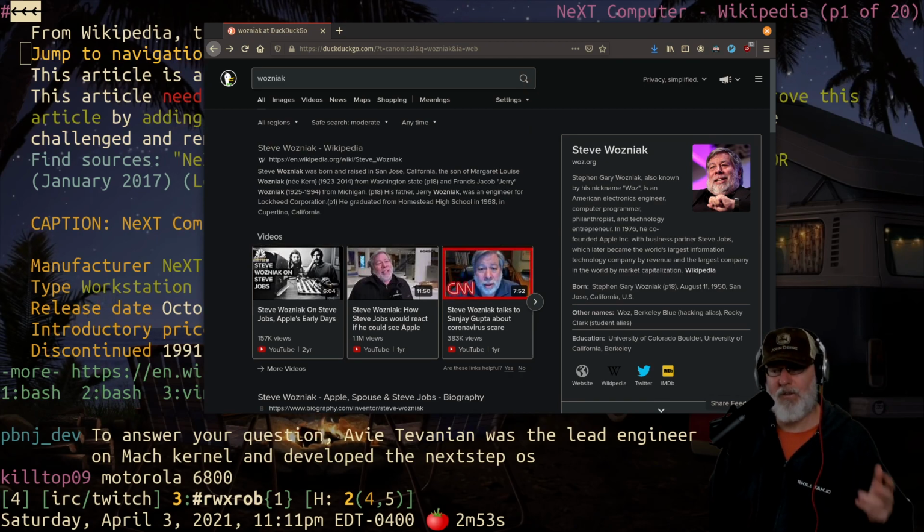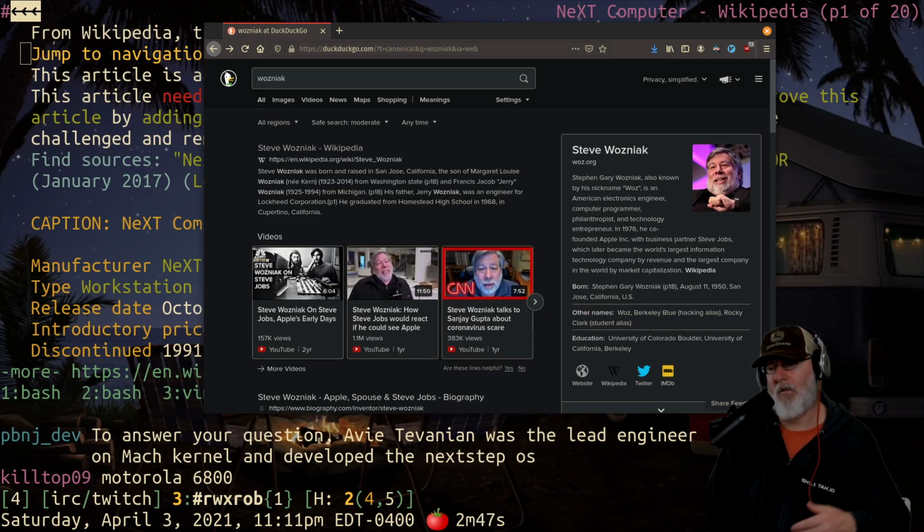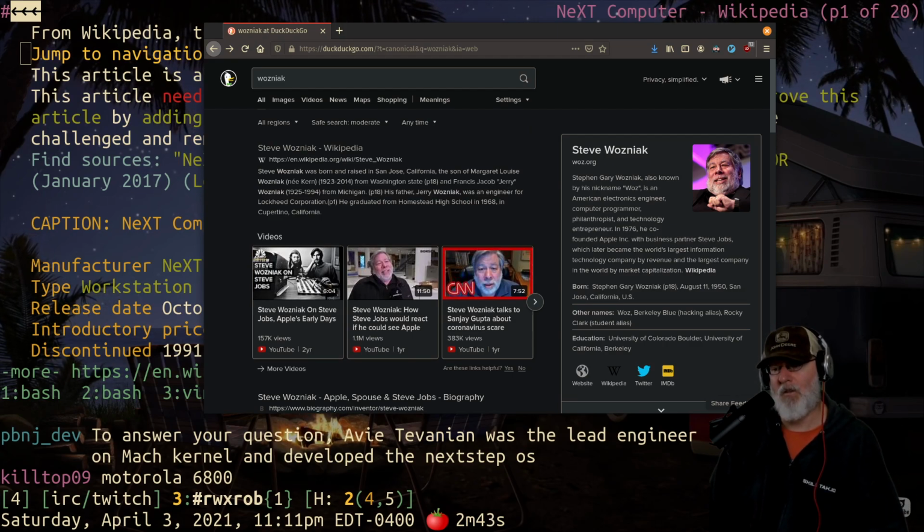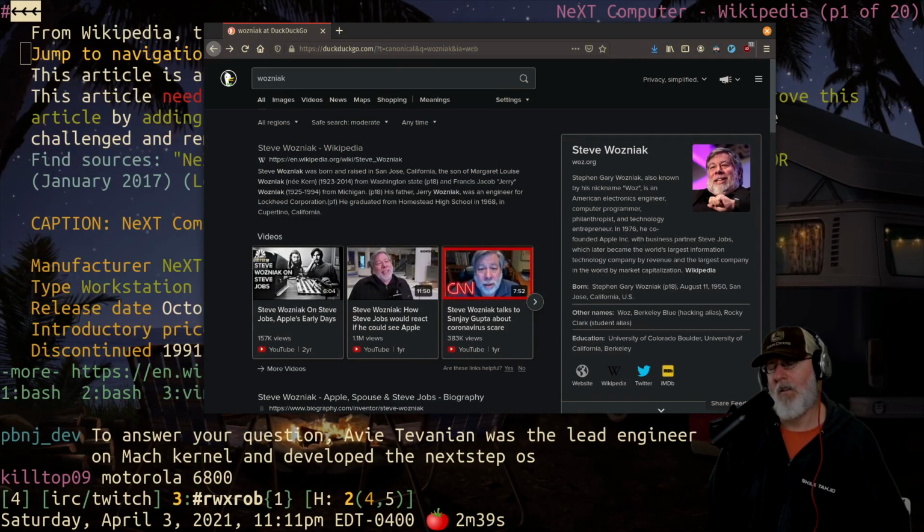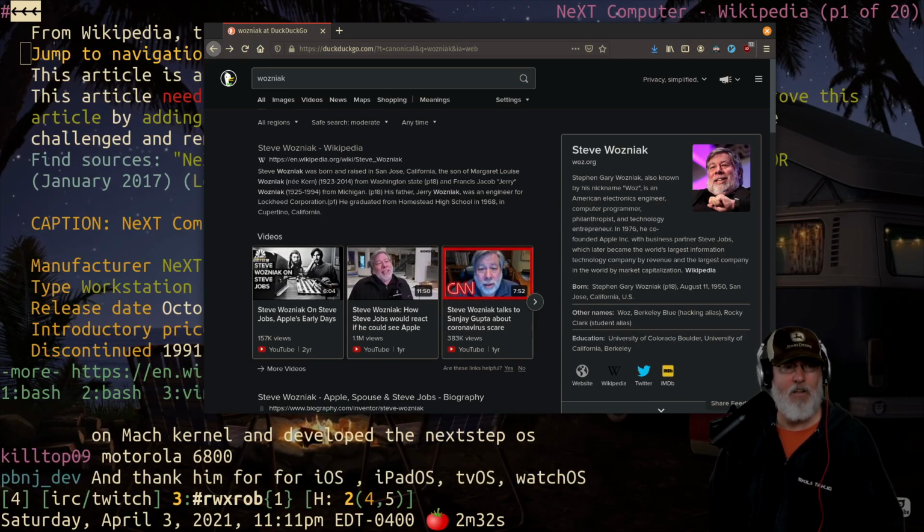So Wozniak was not involved with any of the NeXTSTEP stuff. It sounds like he left in '85. He wasn't involved with any of the transition that Apple made to using the Mach kernel, which was based on BSD, from the NeXTSTEP OS, which was then later OpenStep, which became influential all across the board for lots of workstation-y kind of things. So that's the end of